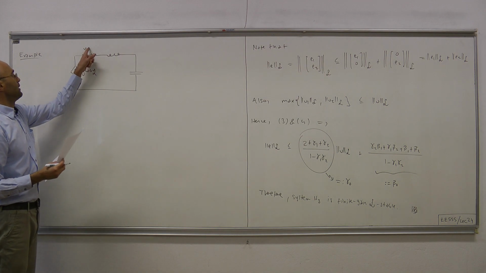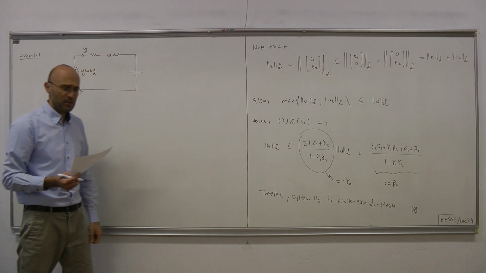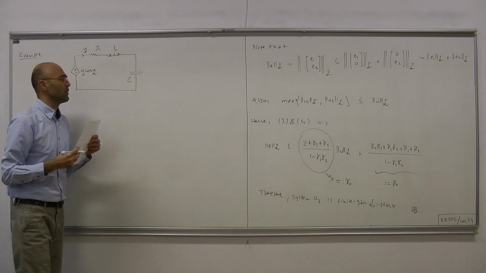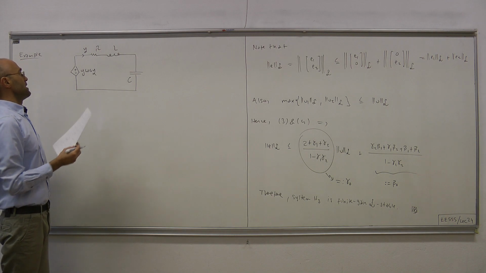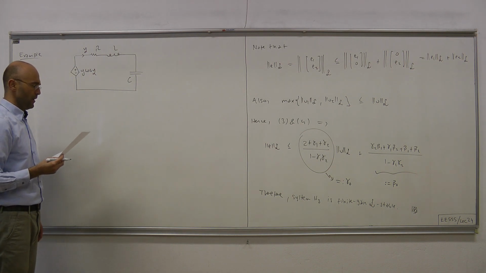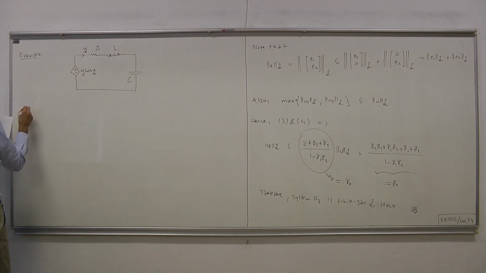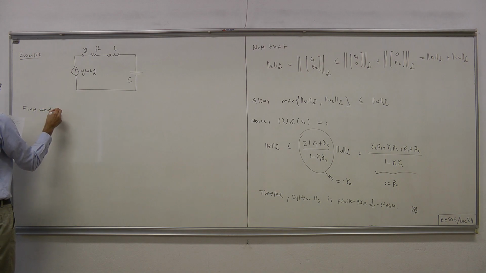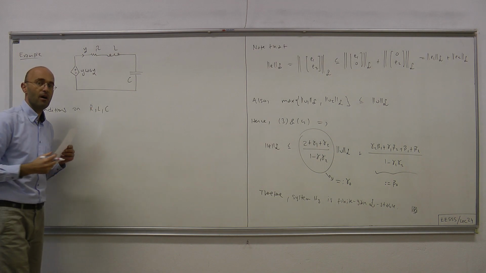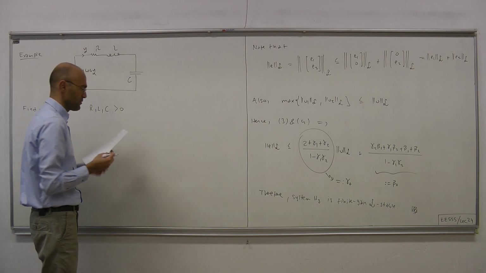Clearly, the relation from the input of this block to its output is nonlinear. Then we have the linear components for the reservoir elements R, L, and C, which indicate the resistance, inductance, and capacitance of our LTI elements. The problem is the following: find conditions on system parameters R, L, C. We're talking about passive components, they're all positive, so that